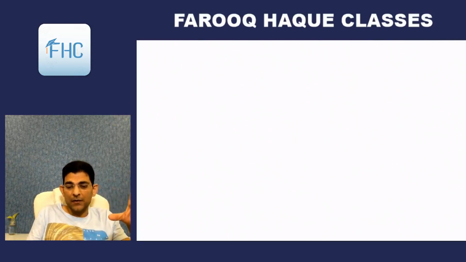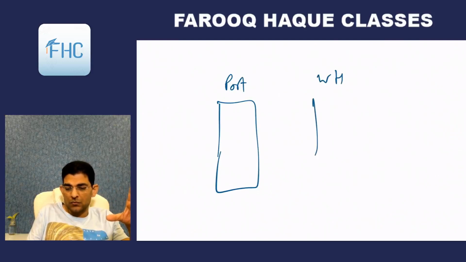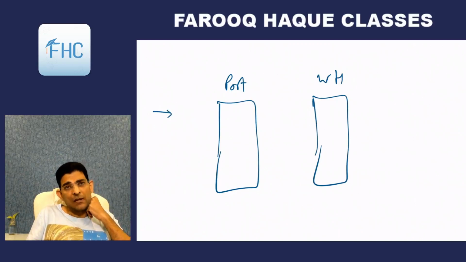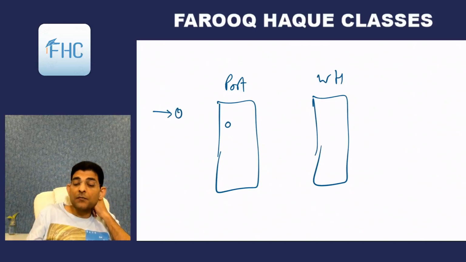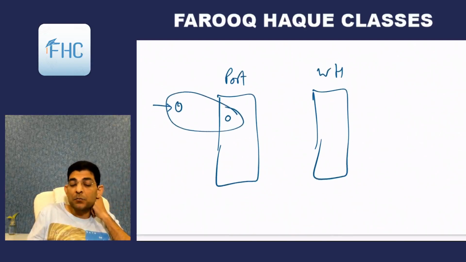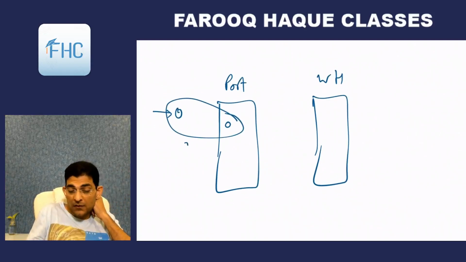So if I tell you both the things, then let me explain that this is the port and then this is the warehouse. So first thing is that if the goods are here in the ship itself, okay, or they might have landed on the port. They may be on the ship or they may be landed on the port, but they are not cleared for home consumption. So if I sell them here while they are already on board the ship or lying at the customs port but before clearance, if I sell it here, then it is not a supply.